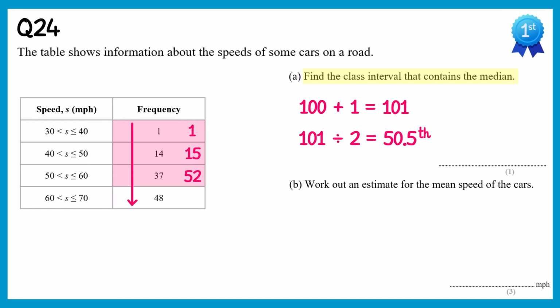We need to write the answer as the class interval, and that was cars with speeds between 50 and 60. So that's exactly what we write down: 50 is less than s is less than or equal to 60. For the second part of the question, we need to work out an estimate for the mean speed of the